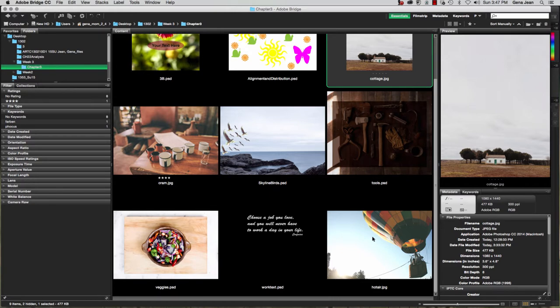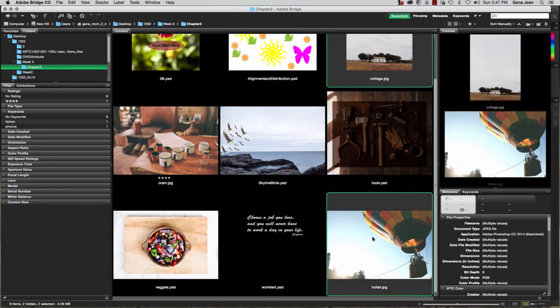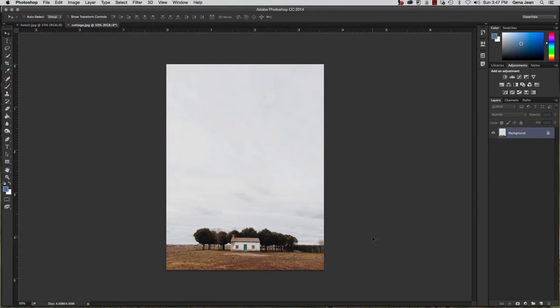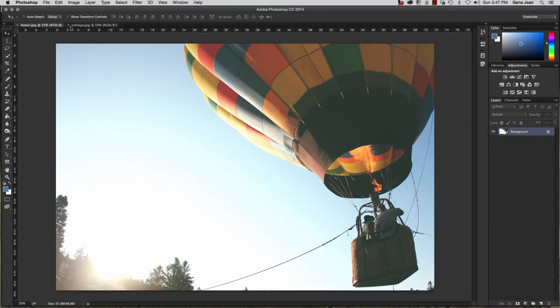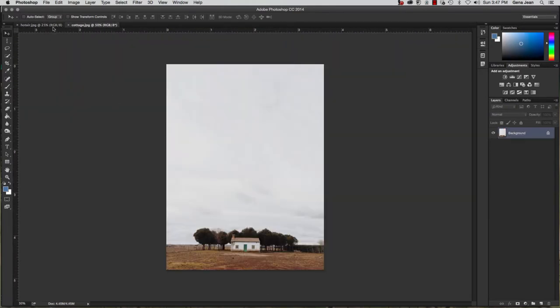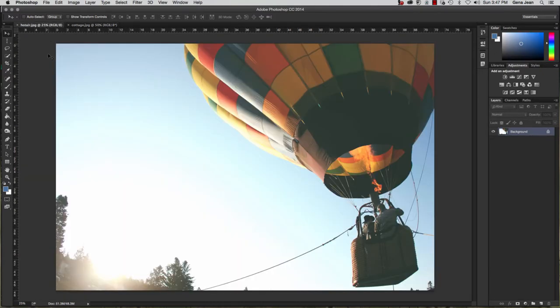Holding down my Command or Control key, I select Hot Air, double click, and you'll see where Hot Air and Cottage are both now open in Photoshop. Go to your Hot Air image and select the entire thing. This can be done a couple of different ways. You can just go Command or Control A and then Command or Control C to copy, or